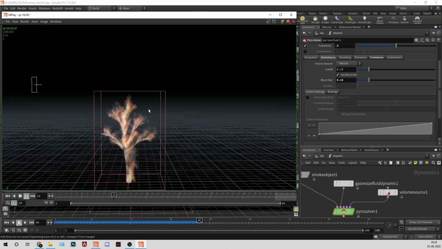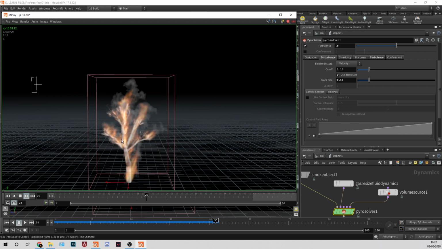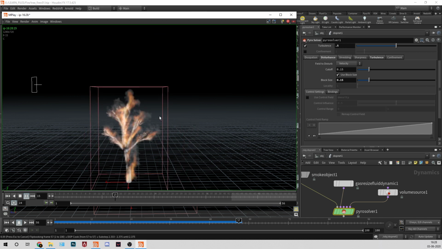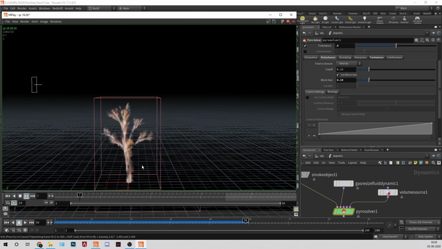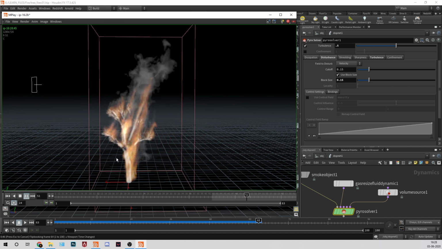Yeah, you can see we break that thing and we get that turbulence. We can even increase this turbulence more, but I don't want to break the simulation. If you do a lot of those things, then you will break the simulation also. Yeah, it looks good for now.